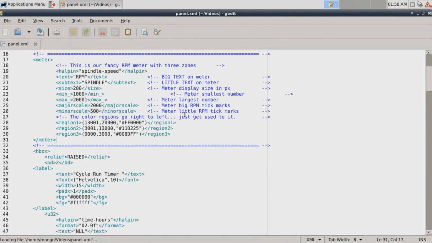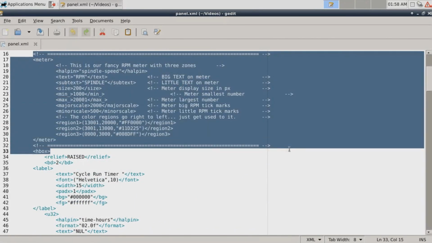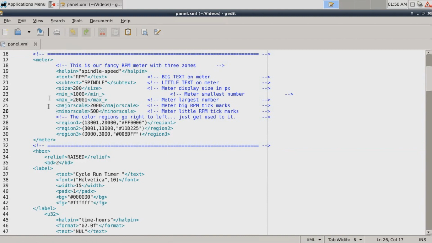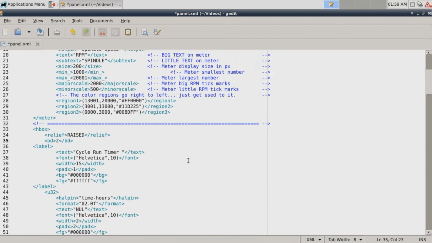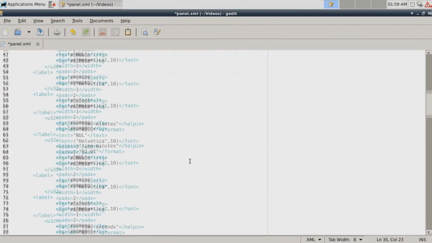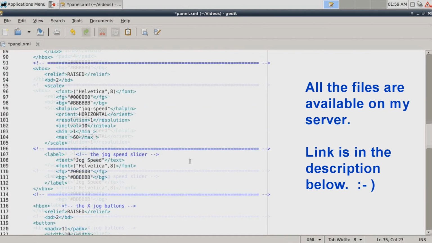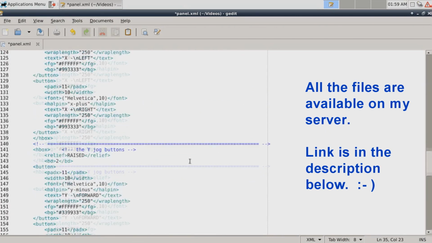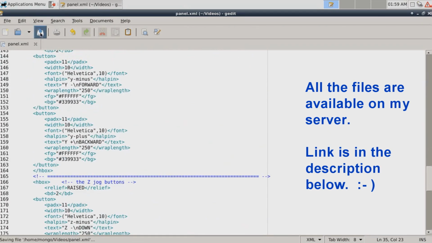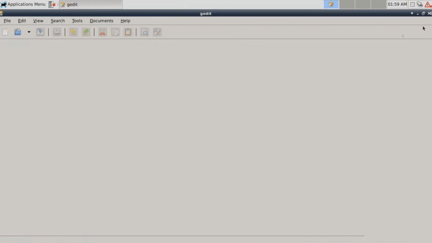So what we're looking at here is for the PyVCP panel. This is the actual XML. The top section here is what's used to make just the meter. And what I'm doing is showing you a few variables and showing you that when you want to edit this, you simply go in and you type. And the screen's a little bit jerky because of the screen capture program. But this is how it works. Everything is broken down into sections, and you manually define everything.